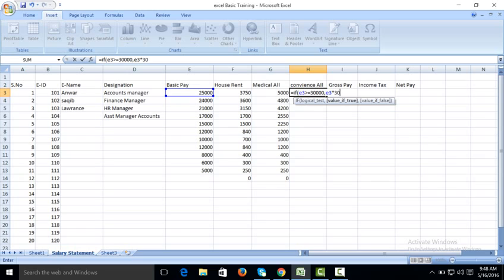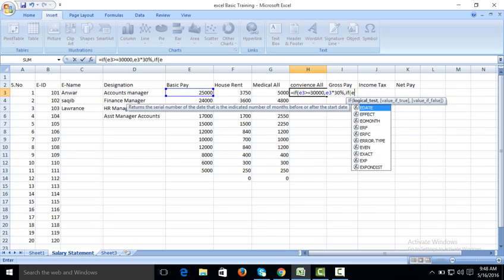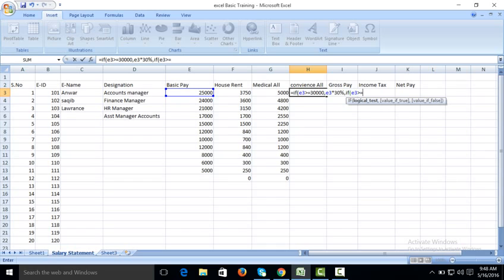Suppose 30%, comma, IF, E3 greater than or equal to 20,000, comma, E3 multiply by 20%,